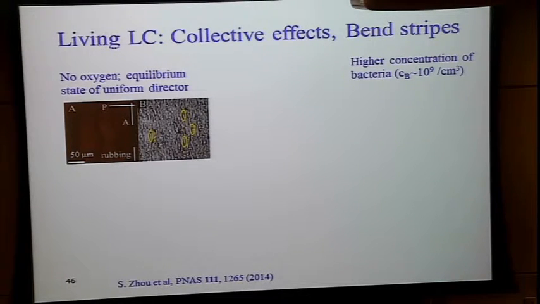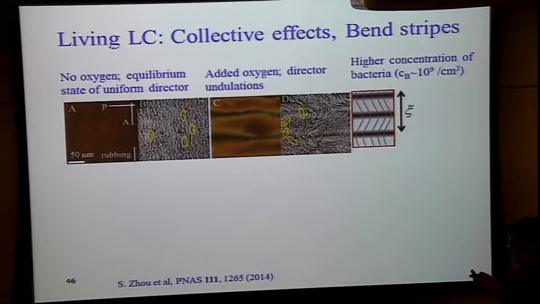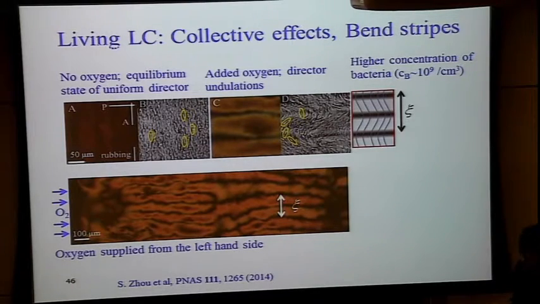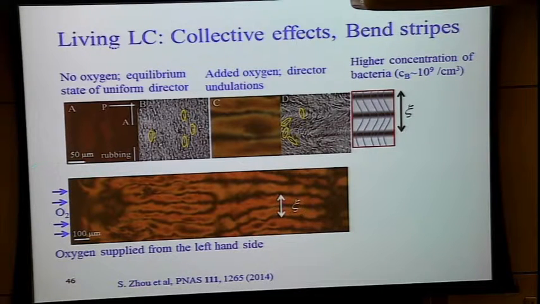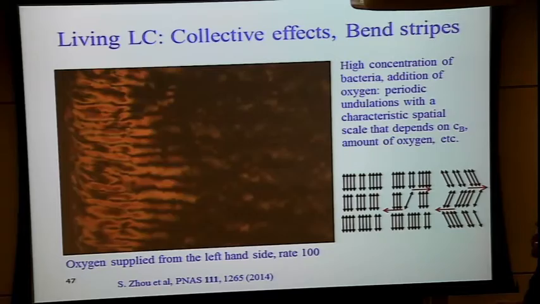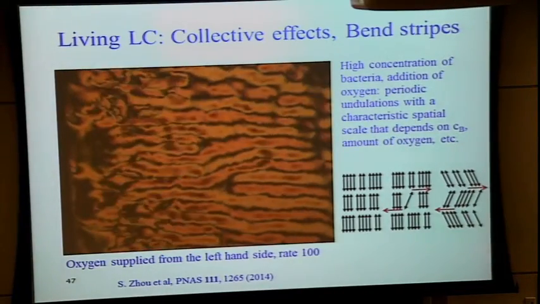And you have a very well-defined nematic, uniformly aligned because you rub the substrate. But then you add a little bit of oxygen, and these bacteria start to move parallel to the director. But since there are many of them, some undulation develops. This undulation can be seen in the entire cell. If you supply the oxygen from the left-hand side, you might notice that the period of undulations decreases as you have increased activity, which is proportional to the amount of oxygen available. So I would like to show the movie. This is the change in the system once the